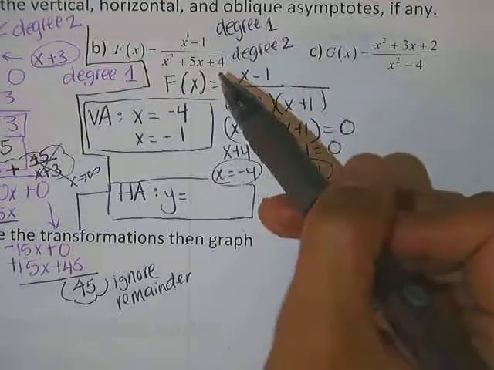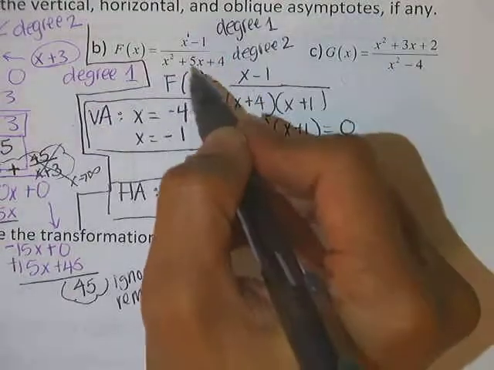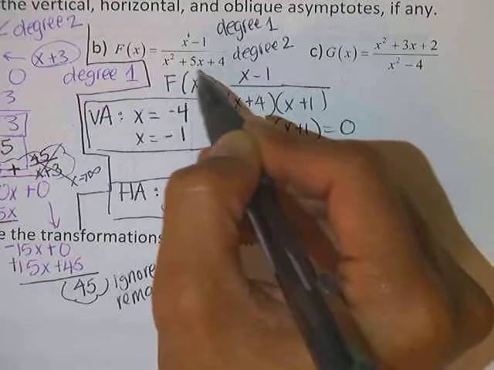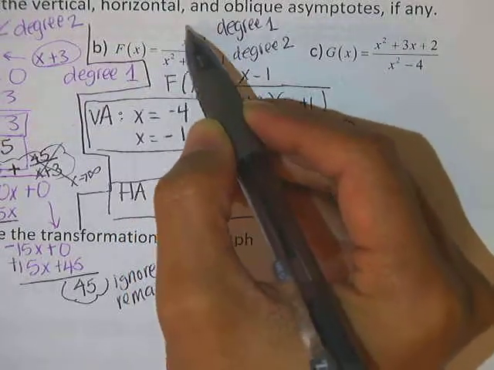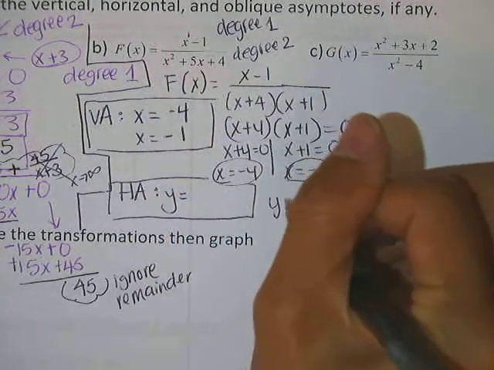Horizontal asymptote and oblique, it's both going to start with y equals. So I'm going to box that up. So that's where I'm going to write my answer. y equals what? Now the horizontal asymptote, according to your previous video notes, as the limit of x approaches infinity, then these right here would